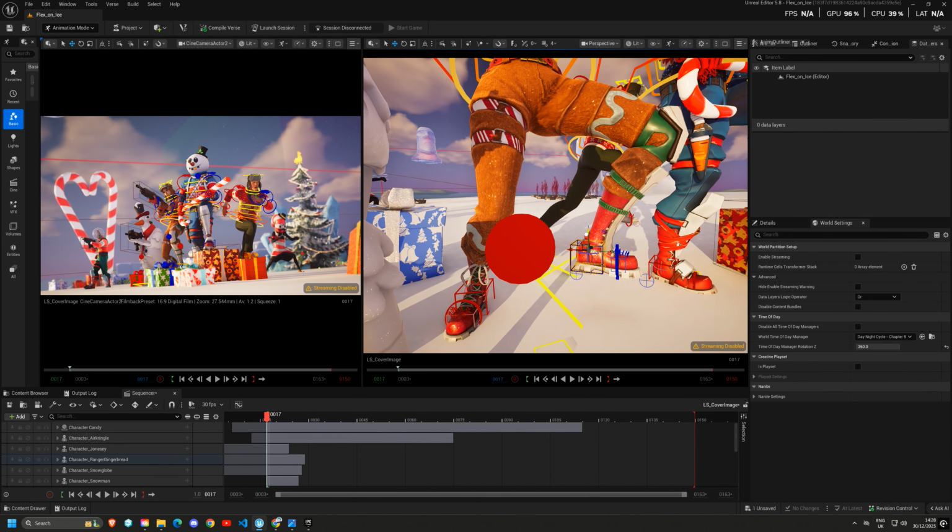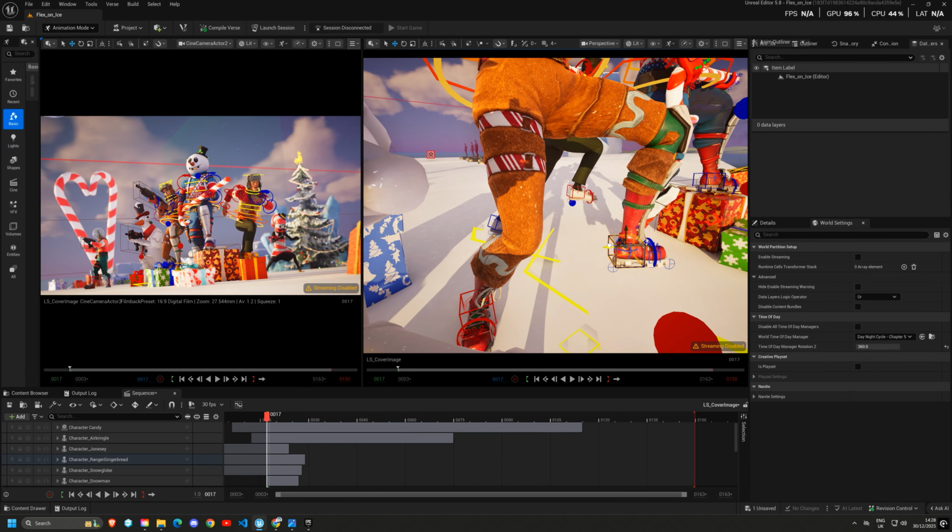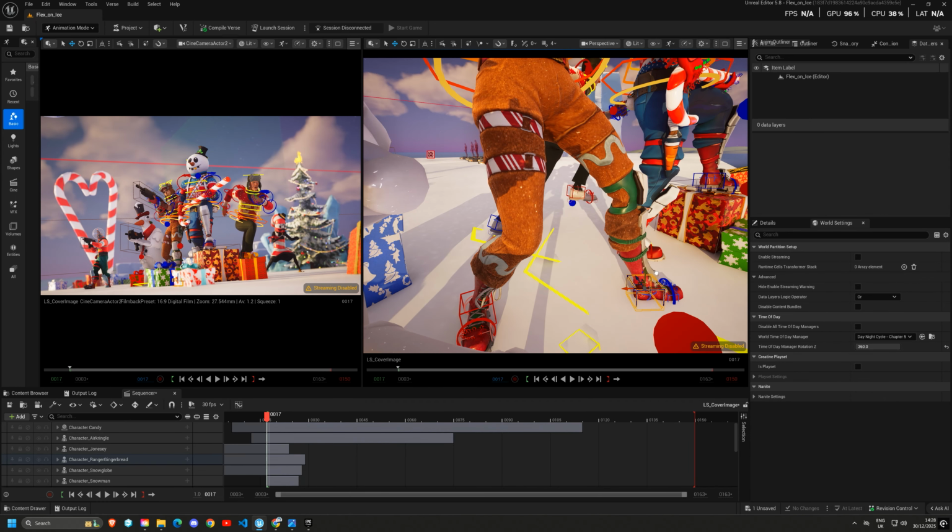It's super exciting. It's super fun. There's some really dynamic animations in Mixamo that you can use as the